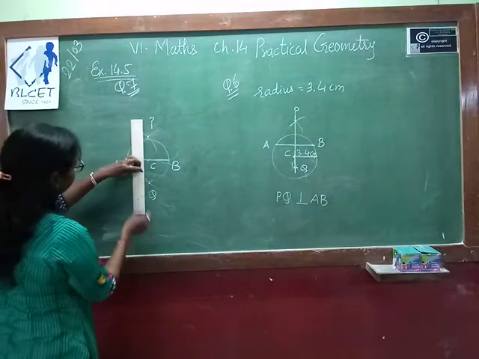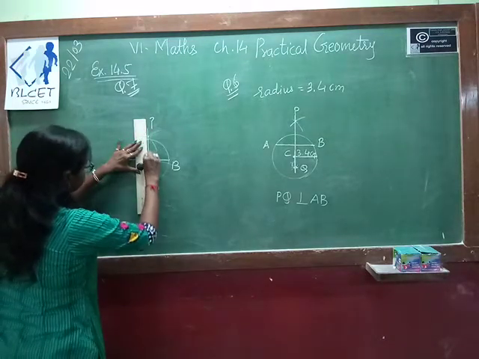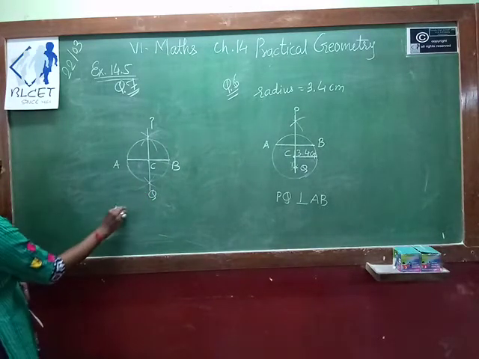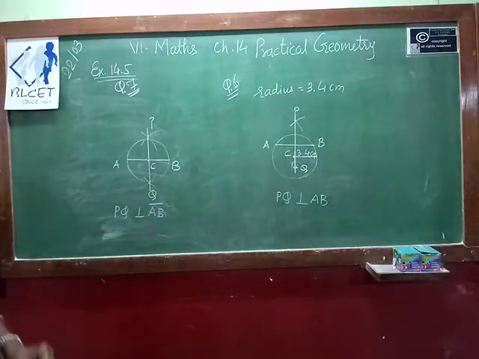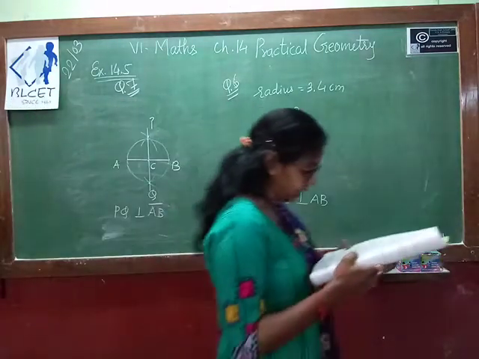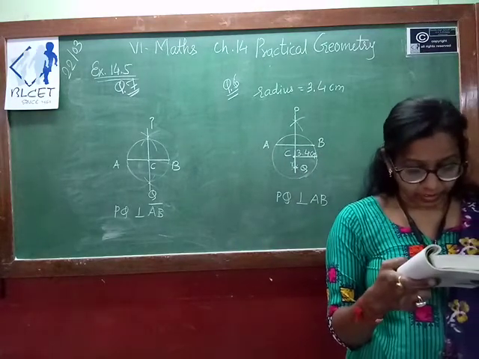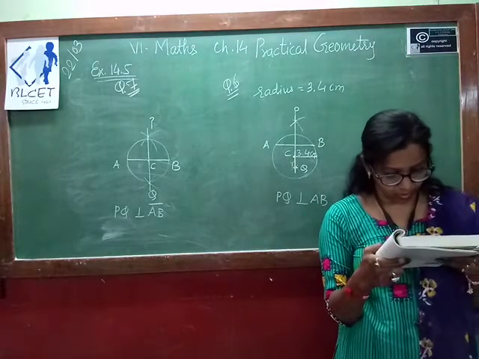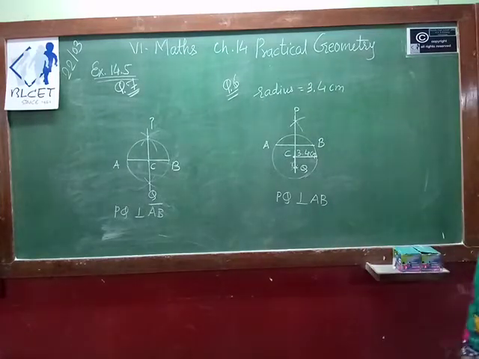Now we join both the points. That is passing through the center. Yes. So again, what we are getting? PQ is the perpendicular bisector of AB. So this is your question number 7, construction. Okay. Now see question number 8. Draw a circle of radius 4 centimeter. Draw any two of its chords. Construct the perpendicular bisector of these chords. Where do they meet? So let's see how to draw this construction.